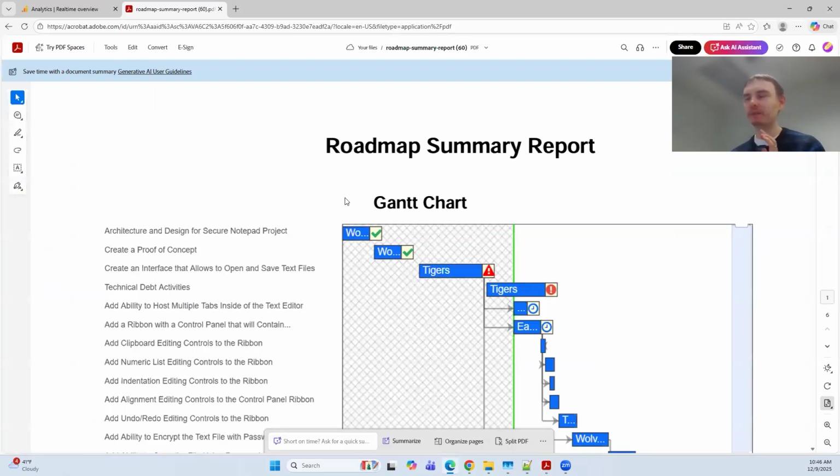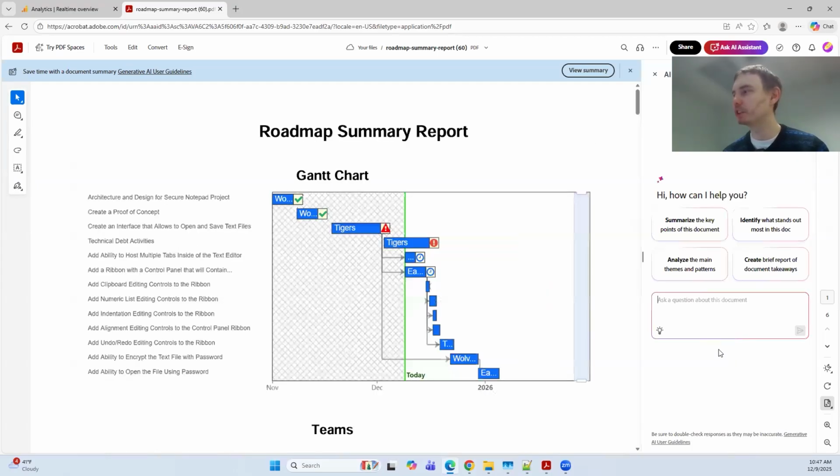Another reason why it is convenient to have all the information from the report in a PDF view is because you can use a very cool feature in the PDF Reader called AI Assistant, right? So basically you can ask any questions about the document, and since this document contains a lot of useful information about epics, about status, you can get insights really quickly, right? So for example, I can ask,